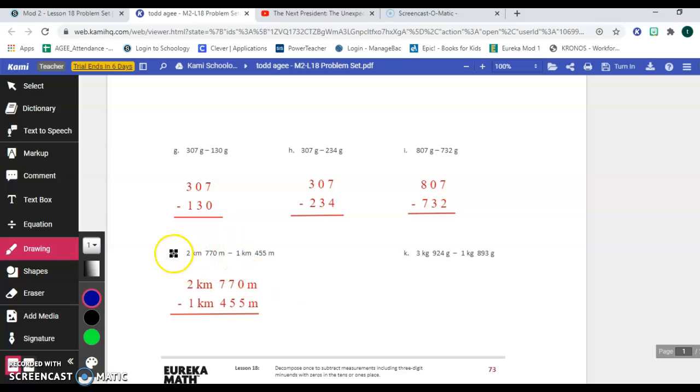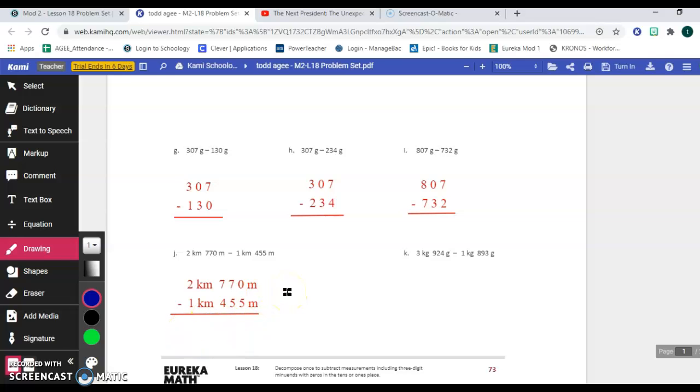And down at the bottom here, we've got mixed measurements. So you've got kilometers and meters in the same measurement, 2 kilometers and 770 meters minus 1 kilometer and 455 meters. As long as you keep them separate, you're going to be fine. You subtract the meters first, label the meters, subtract the kilometers second, label the kilometers, and as long as you